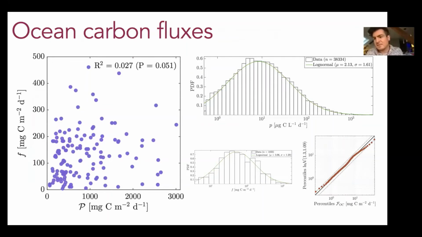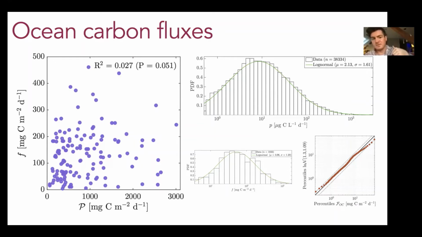So where this might happen in nature is, we've looked at this with ocean carbon fluxes. So if you think about a little plankton in the ocean, if it's going to fix some carbon at a certain point in time, then it needs there to be light, and it needs there to be not something there to eat it, and there needs to be the right temperature, there needs to be enough nitrogen, there needs to be enough iron, blah, blah, blah, blah. And if any one of those things doesn't happen, then it can't do its job. So by the same logic, productivity measurements should be log normally distributed in the ocean.